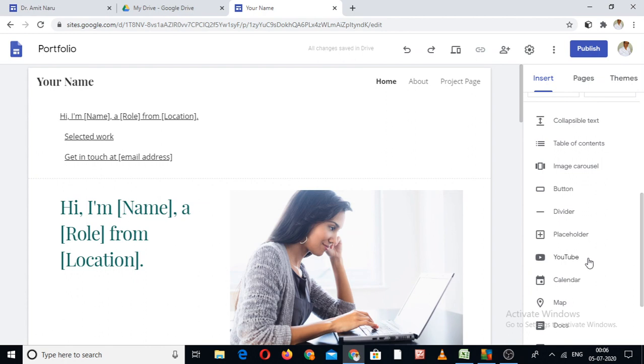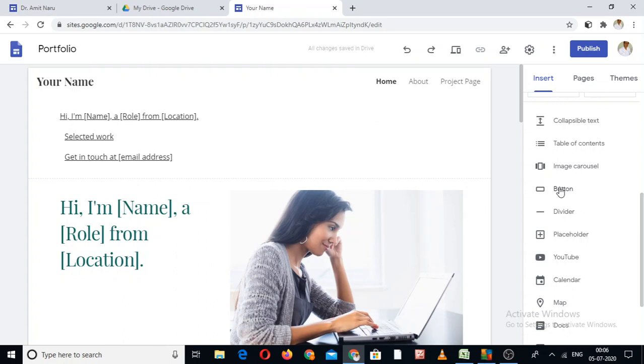You can divide any line. You can insert any button. This button will work like a hyperlink. Means you create a button and write something and link it with something about you. So people who would like to know about that, they click.